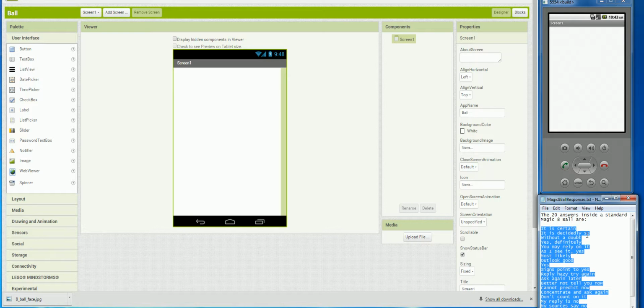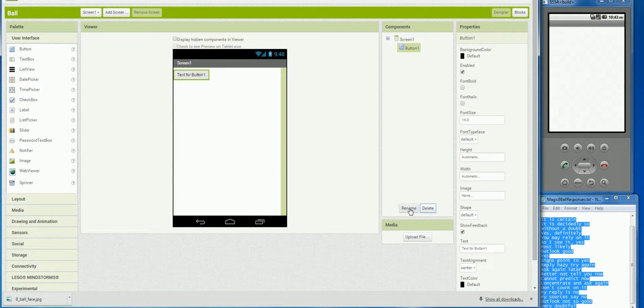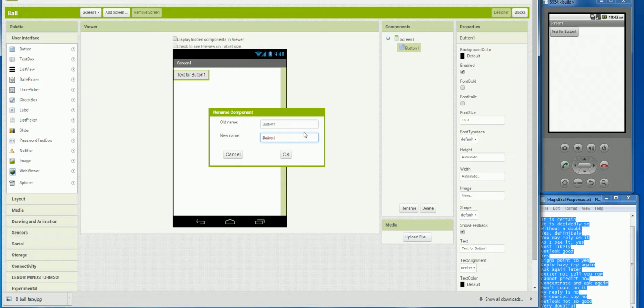So to start, I opened up Google App Inventor, I started AI Starter, then I booted up the emulator. So I need a button for when the game starts. When the game starts, I'll rename it button 8 ball,